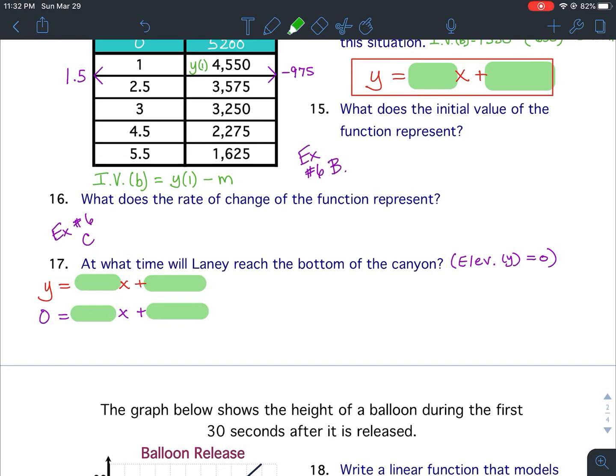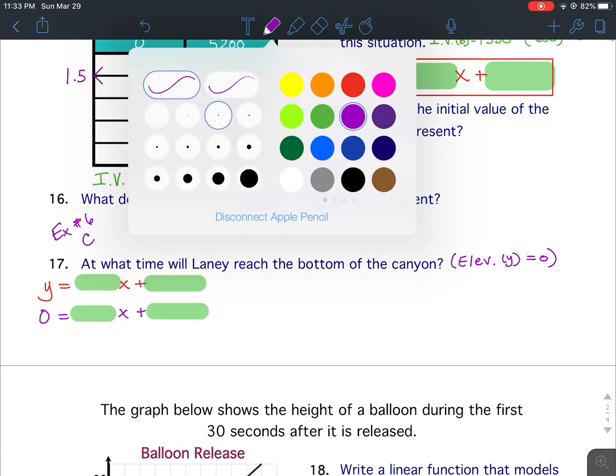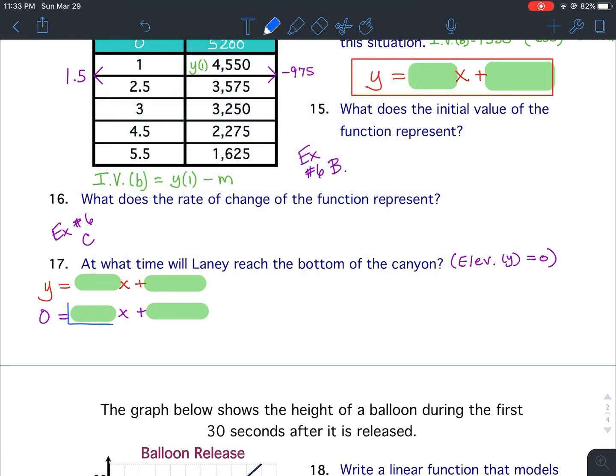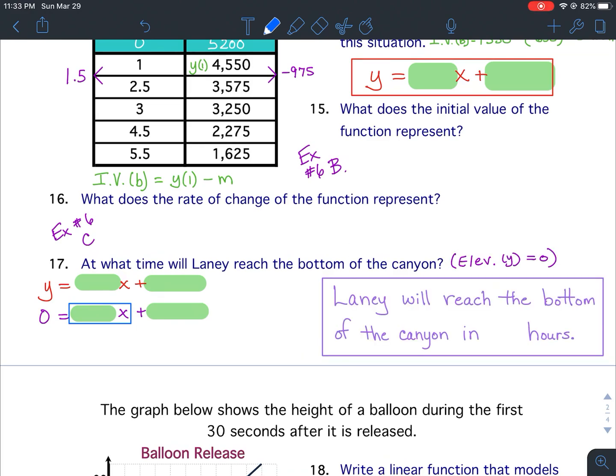And you're going to solve this equation for x. It's a two-step equation, which we've done over and over again. So you're going to eventually solve for x, and after you solve for x, your final answer will be Lainey will reach the bottom of the canyon in whatever answer you find